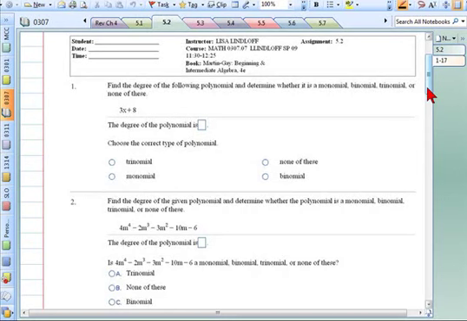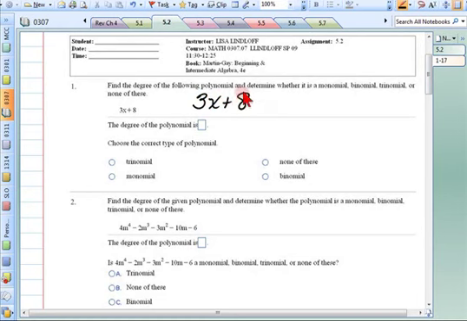Question number 1. And I will read it in case you have difficulty seeing it from the back of the room. It says, find the degree of the following polynomial and determine whether it is a, and then what you can't see on the screen up there is monomial, binomial, trinomial, or none of these. All right,